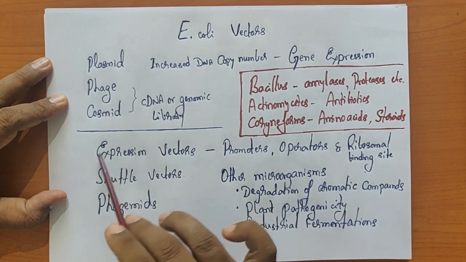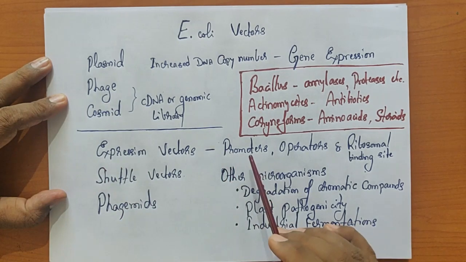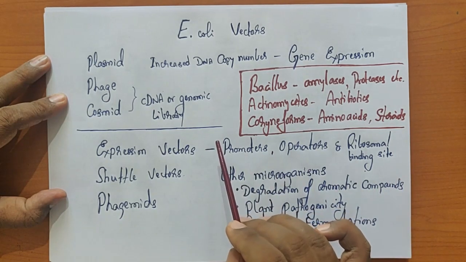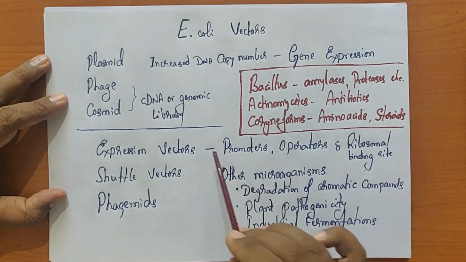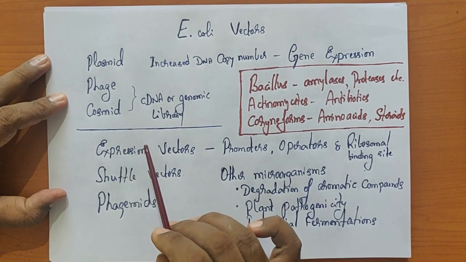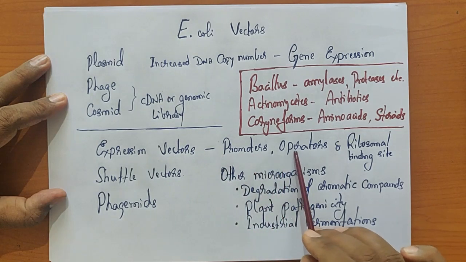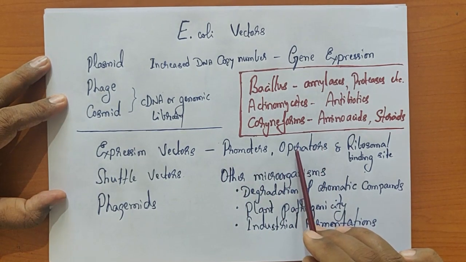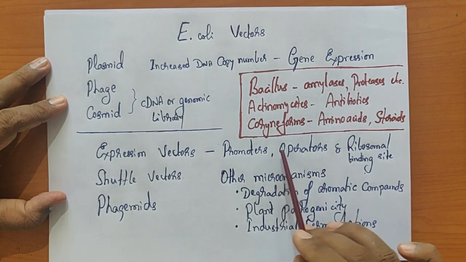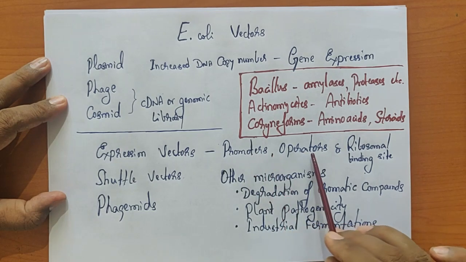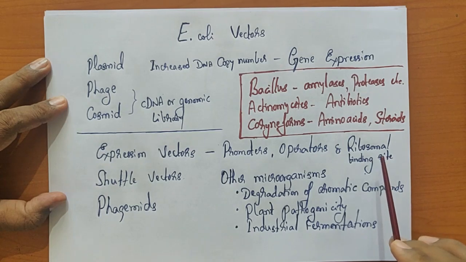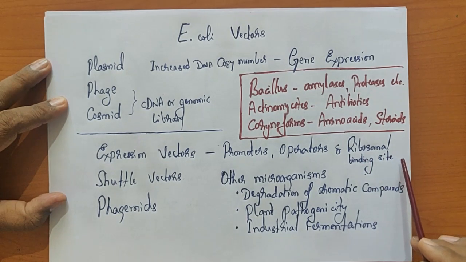In an expression vector, the most important one is the promoter region. If you talk about the gene, then upstream of the translation product we have regulatory elements where the polymerase enzyme will bind, the promoter, and then we have a regulatory region called the operator. These two things are very important for transcriptional activity. Once the RNA, that is the messenger RNA, is synthesized, it requires a ribosomal binding site, a region so that the ribosome will bind and initiate translation.